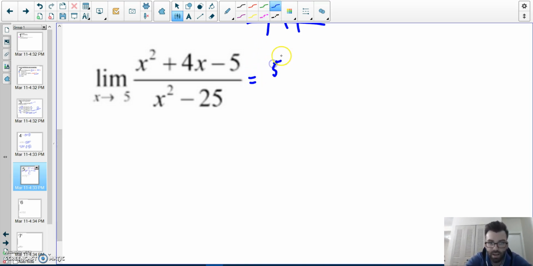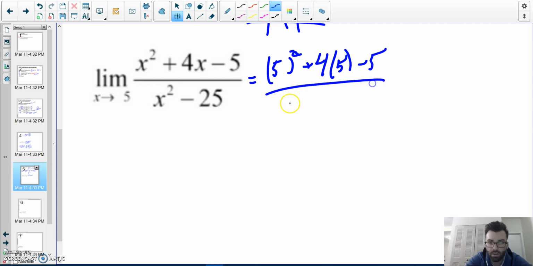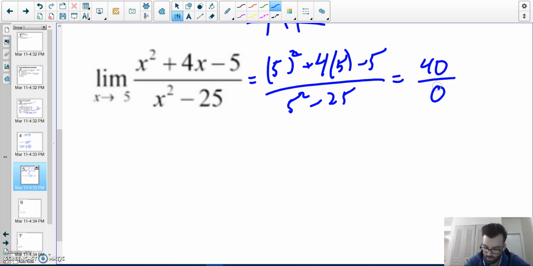Substitution. 5 squared plus 4 times 5 minus 5 all over 5 squared minus 25. Well, I have 5 squared, which is 25, plus 20. 25 plus 20 is 45, minus 5 is 40. And then I have 25 minus 25, which is 0, which means I have an asymptote,